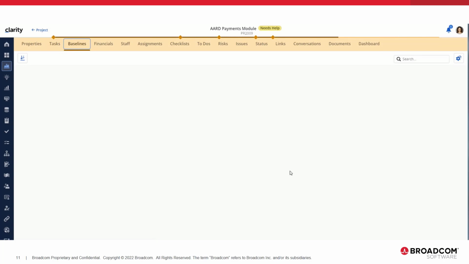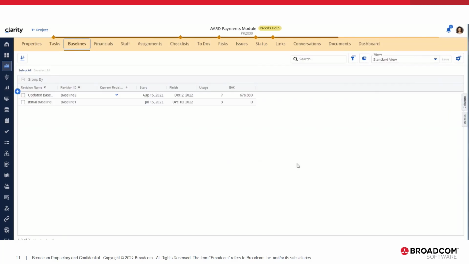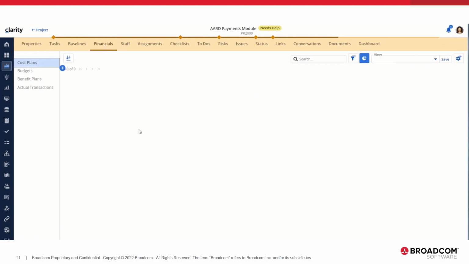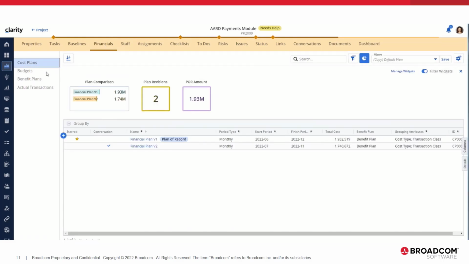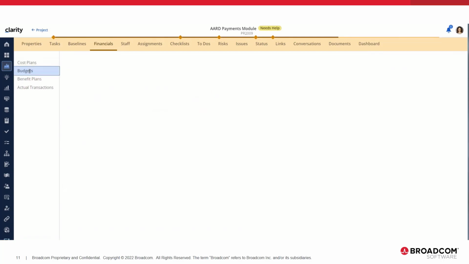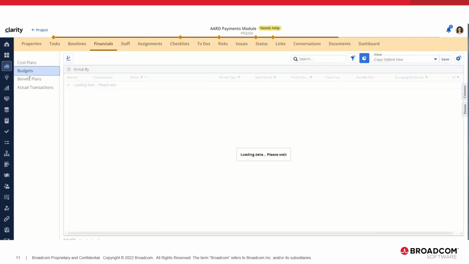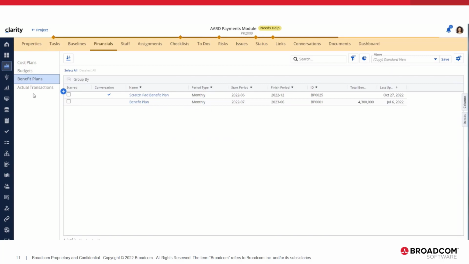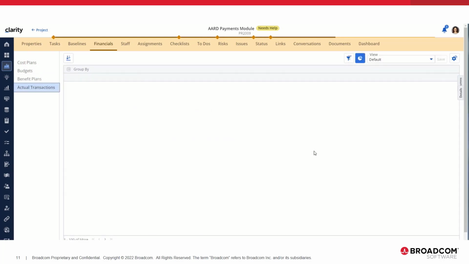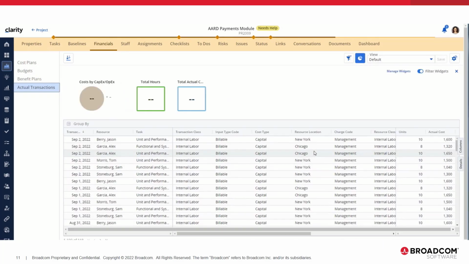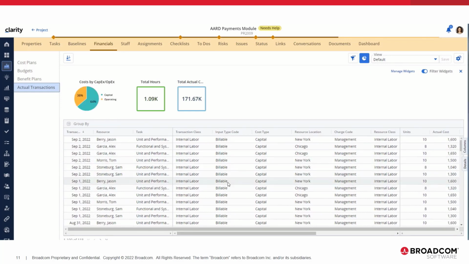Let's check the Baselines module. Within the Baselines module, you can see that she has the ability to create baselines. Within the Financials, you have cost plans, budget plans, and benefit plans. And this particular project has some actual transactions. When we copy the project, we are not going to copy these transactions because they are specific to this particular